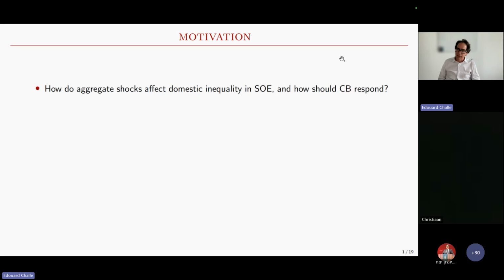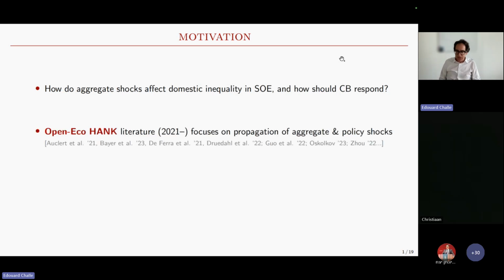The fact that external shocks or the propagation of domestic shocks affect inequalities. But this interest has been rejuvenated by a recent trend of the literature that has essentially extended the HANK framework to open economy questions. Okay, so the literature was, I think, kickstarted by a paper by Defera, Mittman, and Romay,